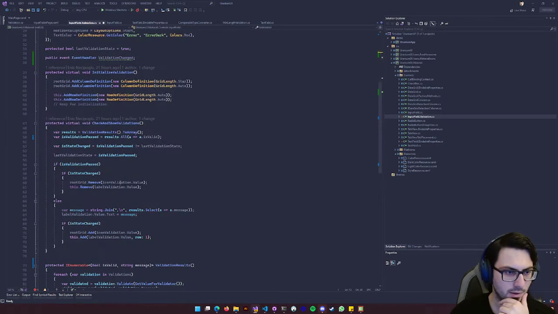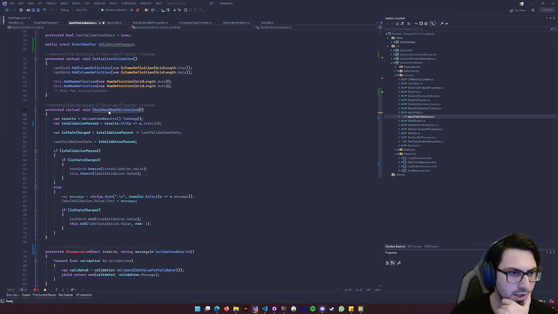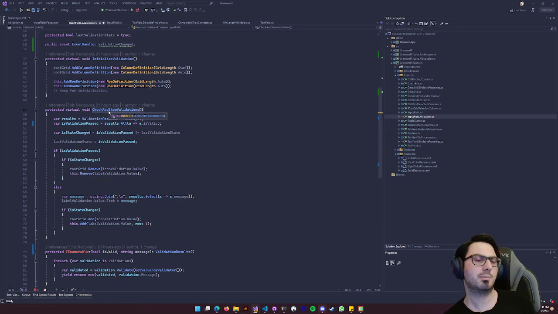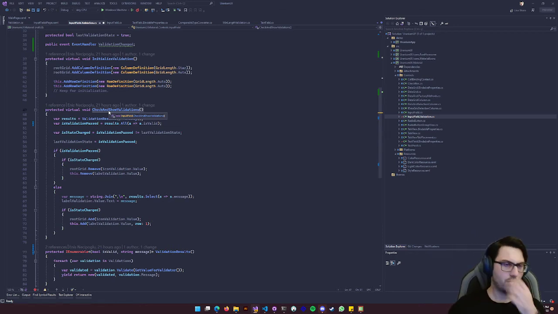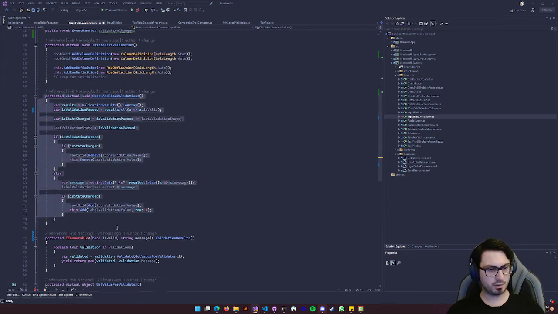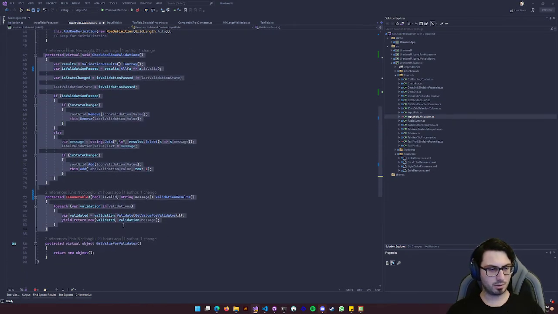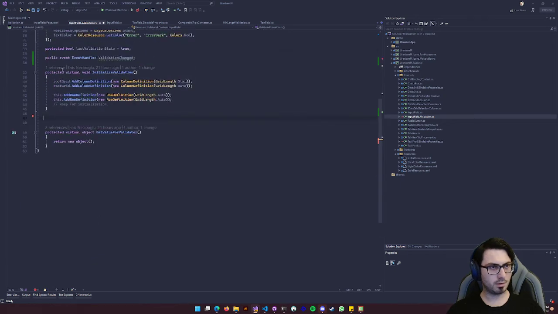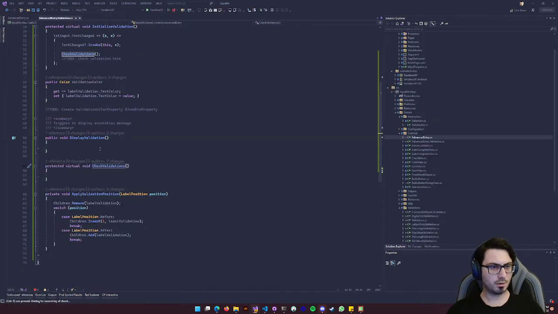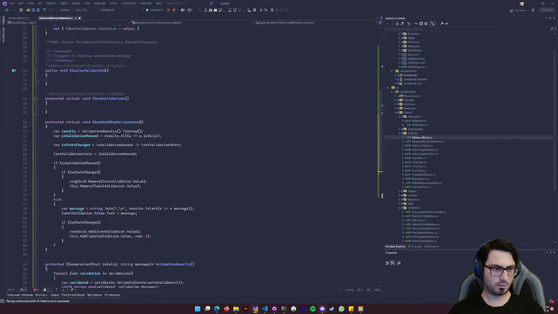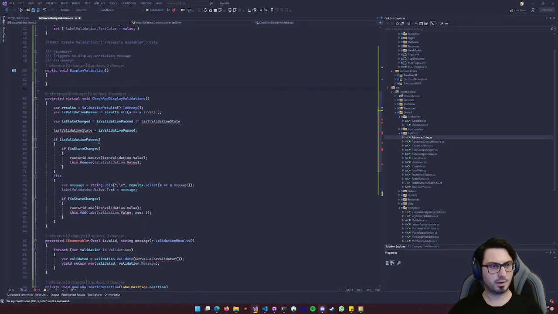Also, I have implemented this in Uranium UI. Check and show, check and show. It's not good. Check and display. I think display is better than show. I can use the implementation. It's great. I will use that implementation. Check and display validations. Okay, there's another problem